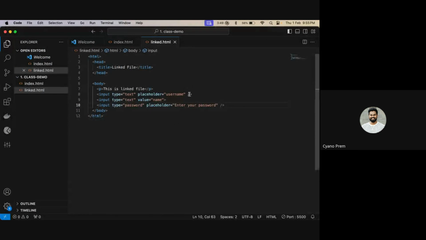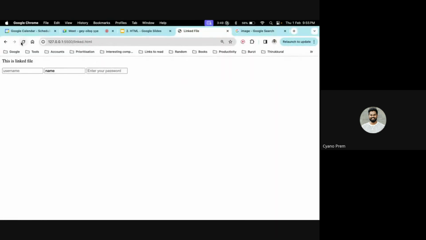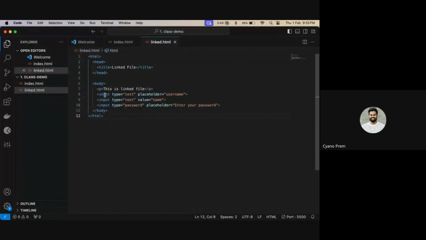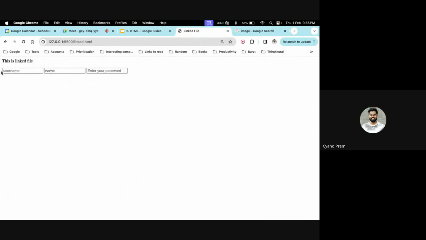You can see the placeholder is username.